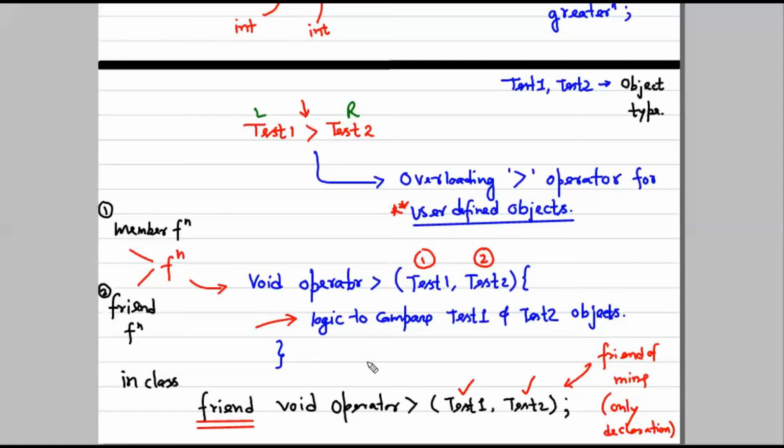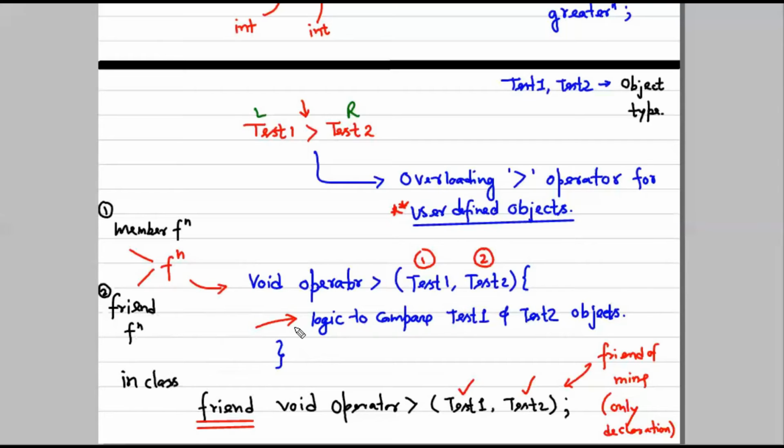But in case of operator overloading, you can define the function inside the class as well. There is no restriction. Preferably you should define your friend function outside the class, but while overloading an operator, it is totally fine to define a friend function inside a class as well. So let's not focus on that. So we have understood the need of friend function, that we don't want to write this logic again and again for same classes. We don't want to make it a member function, we want to make it a friend function.